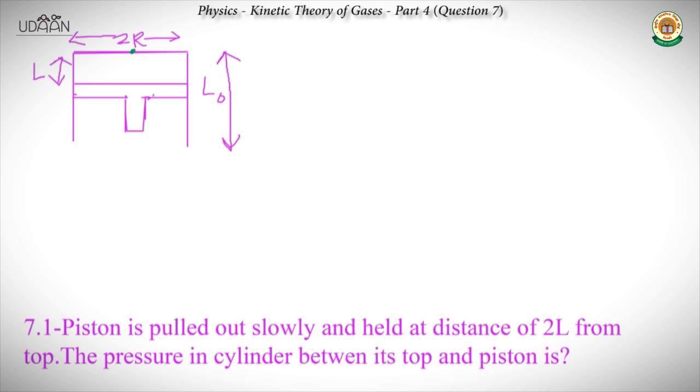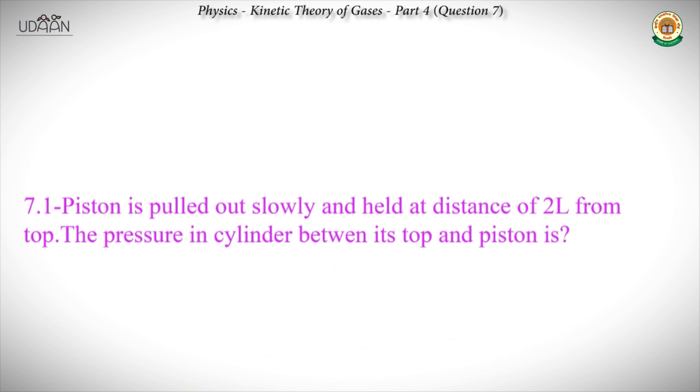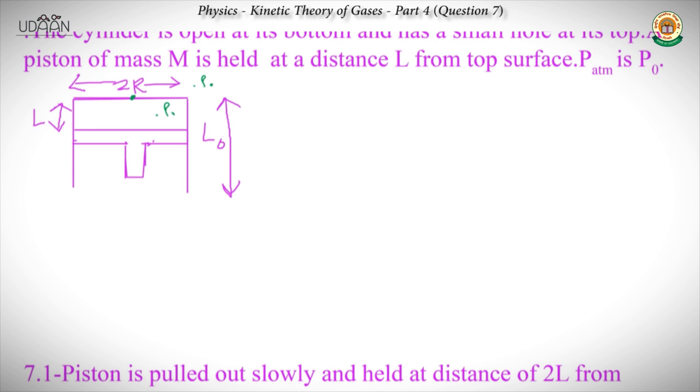So basically we know that there is a hole in the cylinder. Right. So because of that, you see the pressure outside is P naught, and so the inside also would be P naught, because if it is not, then there wouldn't be equilibrium, and to maintain that equilibrium the air would flow in. Right. If the hole is continuously there, so even if the piston is brought to some distance, say L or 2L,